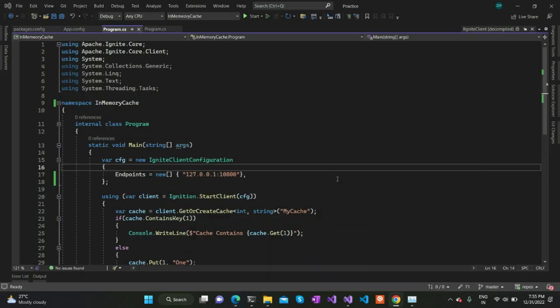Hello everyone. Today we are going to see an interesting topic related to caching. And today we are going to use Apache Ignite as an in-memory cache. And I am going to show you an example of how it can be done in .NET. Therefore,